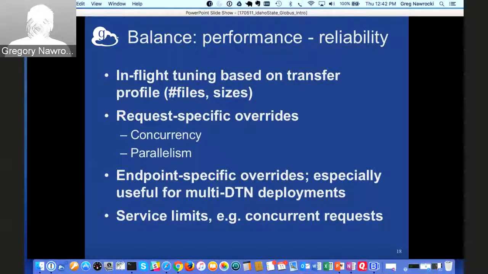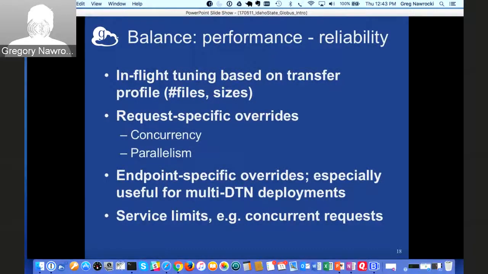Now, we have the ability to actually tune those parameters individually, but we've also got just kind of a general setting with a high, medium, low transfer, and you can set those depending on how you want your network to perform. And honestly, if you use just our coarse network setup, you're going to get about 90% of what you could do if you're really tuning for concurrency and parallelism.